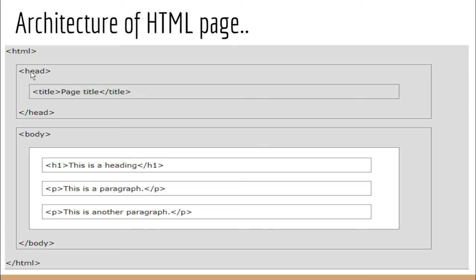Here it has used the head tag, title, and body. In the head tag we'll be focusing on the title of the page. We will see in the upcoming video lecture series what the title means and what the head means. I'm just explaining in layman's terms here. And the body is what the website will contain.